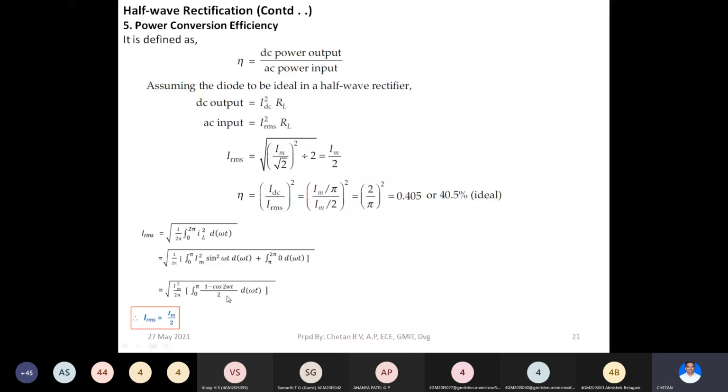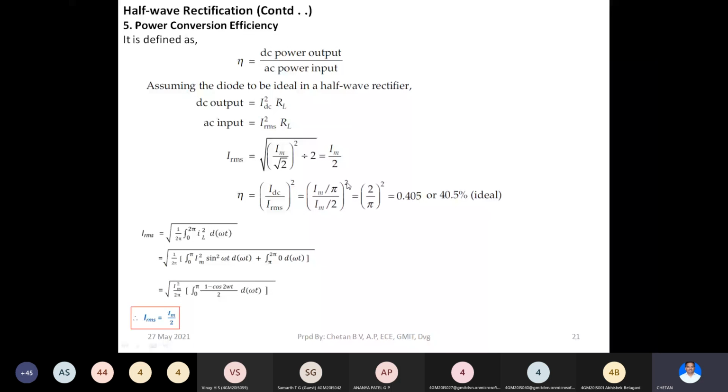Substitute the value of IDC. IDC is Im by pi. Where is IDC? IDC is this one, Im by pi, the output DC current. For IRMS, you can use either this one, which is Im by 2, or else this method, which is also Im by 2, then whole square. So you will get 2 by pi whole square, which is equal to